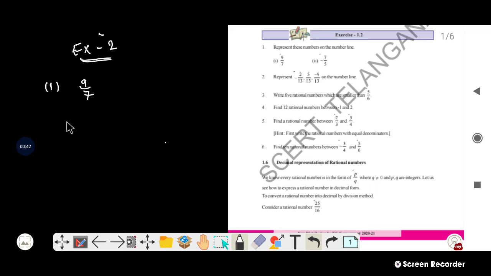Before representing it, first of all I want to draw one straight line. So it is a straight line. What does that mean? The by 7 will be there. First of all you write 0 to 11. Okay, so this is 0,